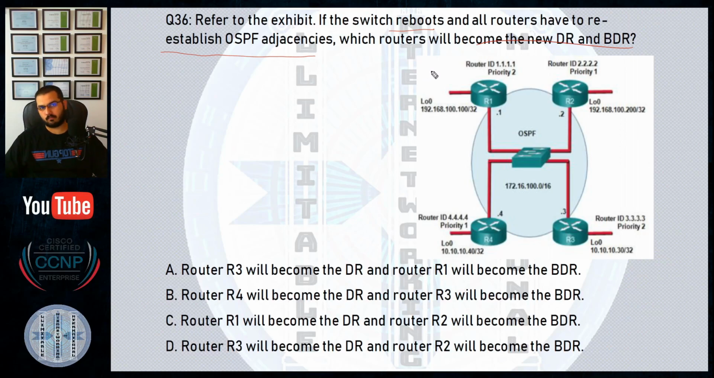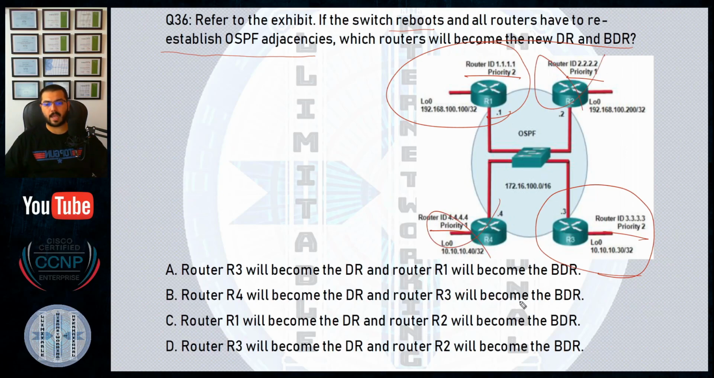Number 1, the highest priority. Okay, so this is priority 2, 1, higher than 1, and 1, 2, so different priorities. So this will be by taking a DR and a BDR, and they will be the guys with the higher priority. So I will choose this one and this one because they have a higher priority. So R1 and R3 will win,